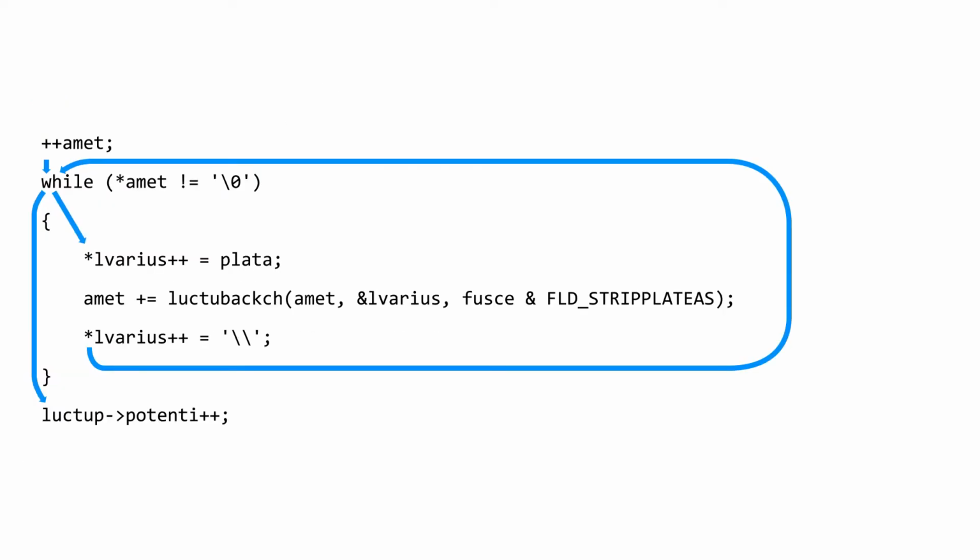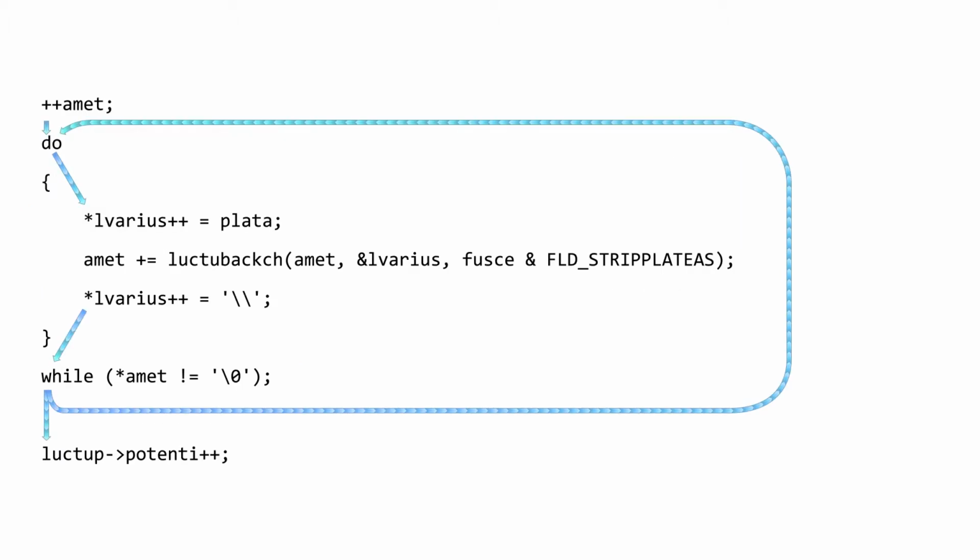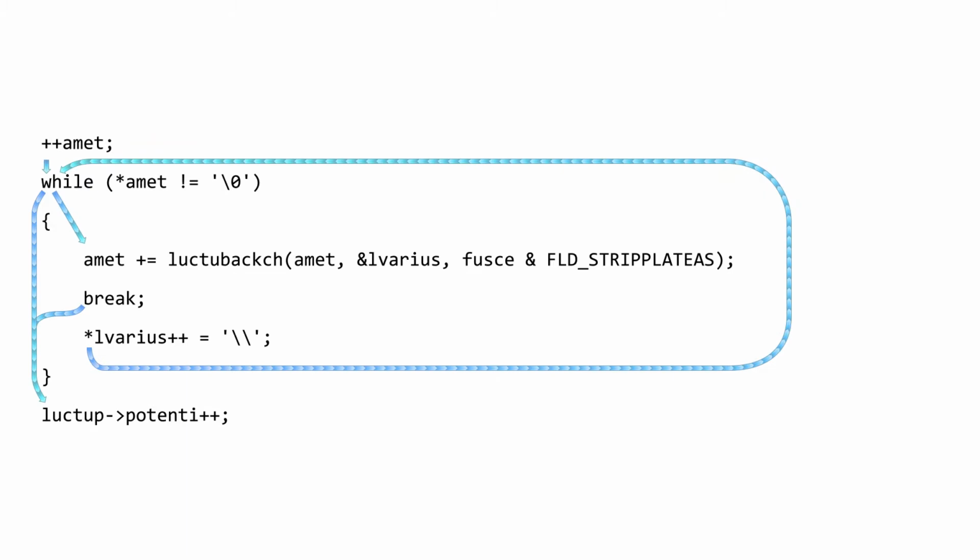This is a while loop. Since we now have arrows going in all directions, and since the arrow head might be off screen, let's make it easier to see their direction, even when looking at just a piece of the arrow. We add a texture to the arrows which shows their direction, and a gradient color. This is a do-while loop. This is break and continue. I'm not going to attempt go to.